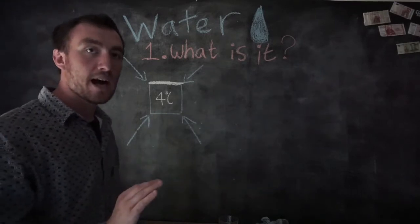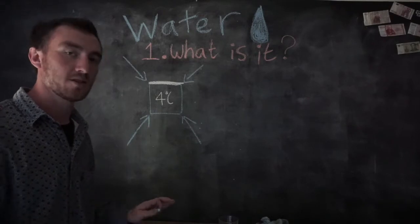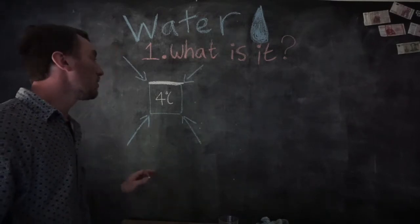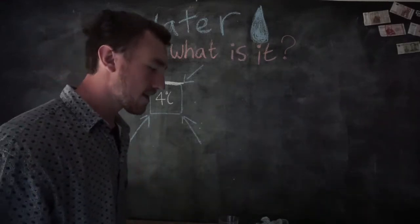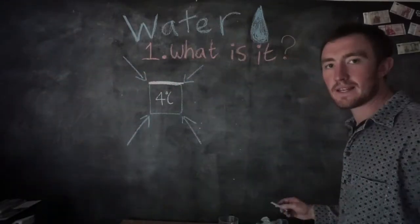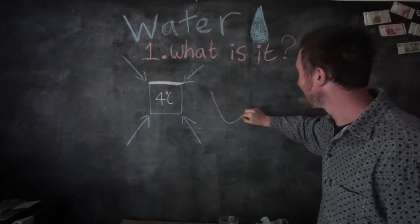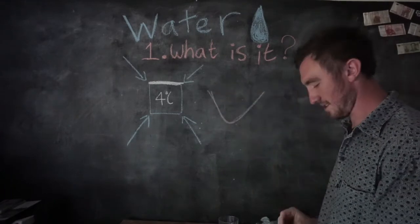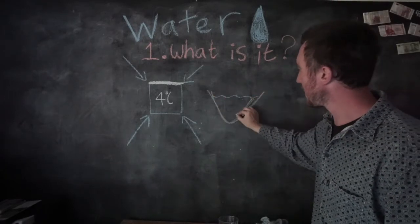Now, that does not happen with very many other compounds in this entire world, and particularly not with ones that exist as naturally as water. Now, why does this save lives? Well, this is a pond. This is a pond in the middle of winter, okay? And the pond, with all of its life in it,